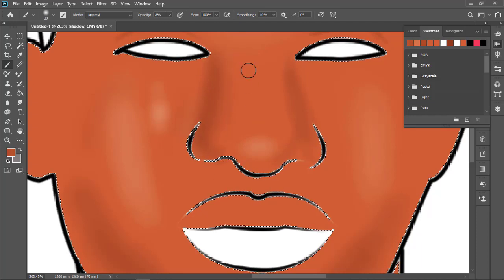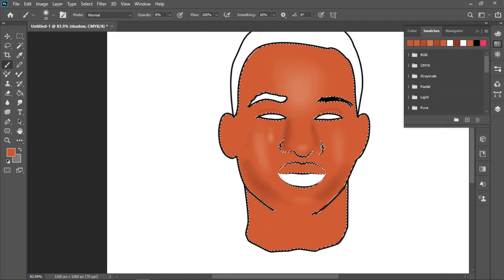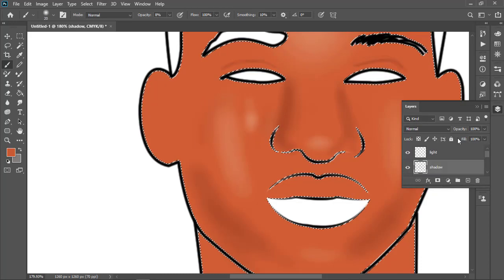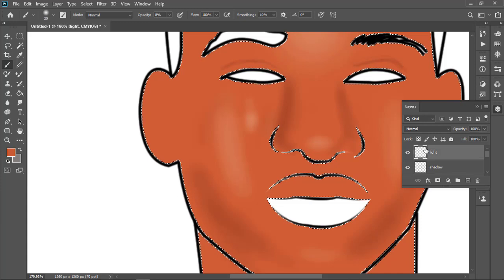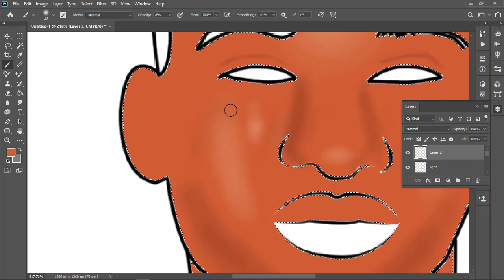Now this is blending, but then blending it's a bit advanced for amateurs. But then blending, like in the future, it's what you're gonna need if you wanna finish your art. Let me say, for example, this is too light here. What I need to do, just create another layer on top of light. Then I'll press, I'll get this color, then I'll be blending. You see, like that, blending.